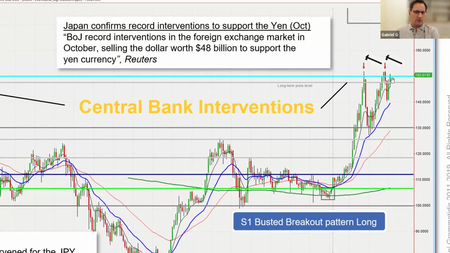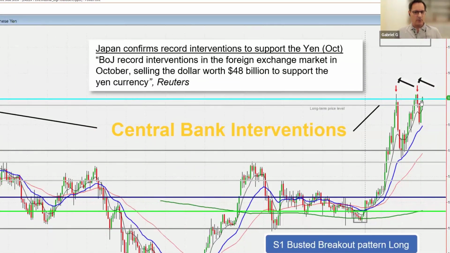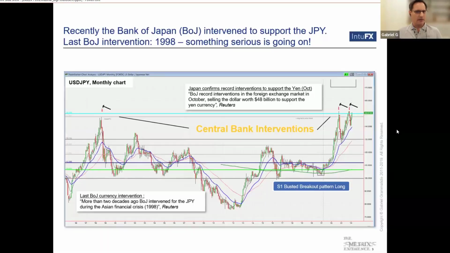Let's see what's going to happen over the next couple of weeks and months. This level is very important. The more price remains at that level, the more energy is built, and if they cannot keep it below that level, we'll see a pop higher. And that will be very expensive for the Bank of Japan, as other central bank interventions have been very expensive for the central banks.